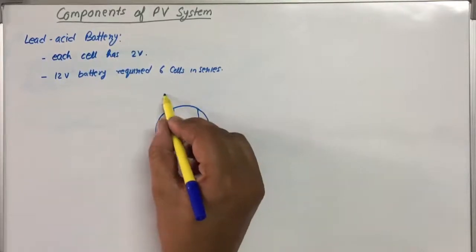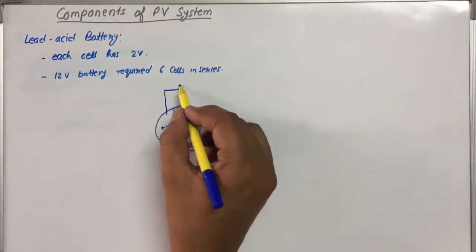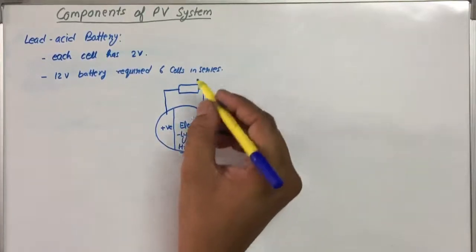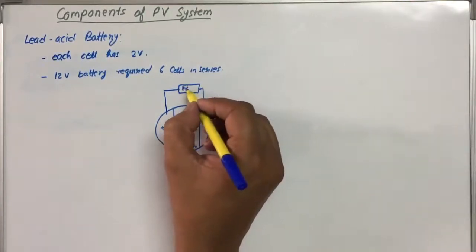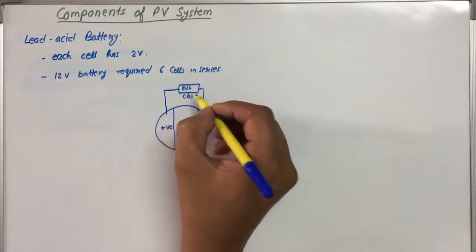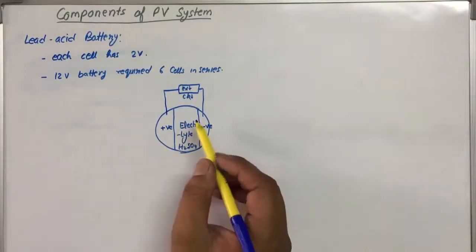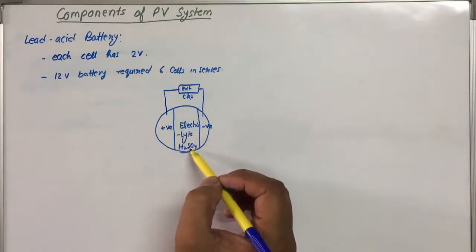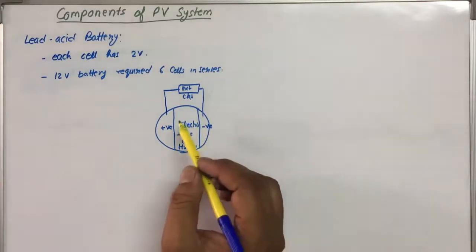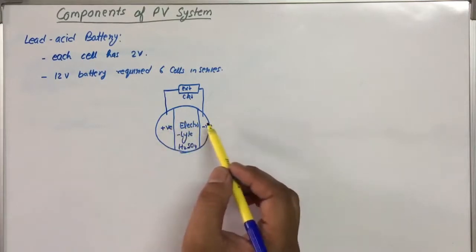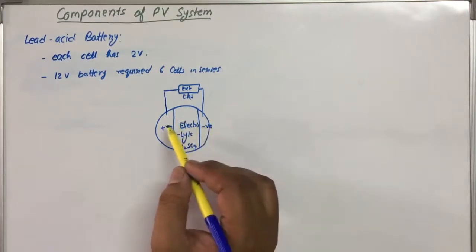These are connected with an external connection like this, so we can say the external circuit. In this way they are connected, and the electrolyte is dilute H2SO4, and 2 plates of opposite polarity are inserted